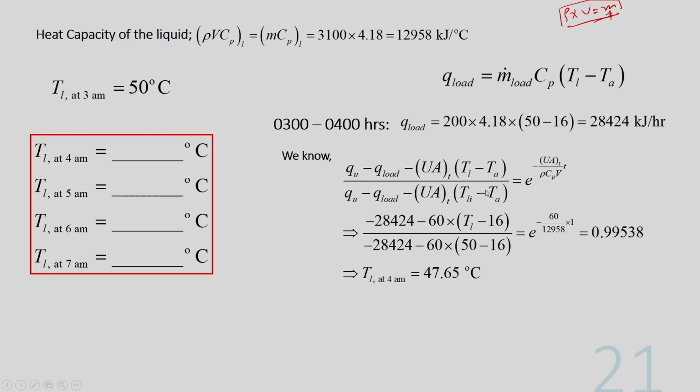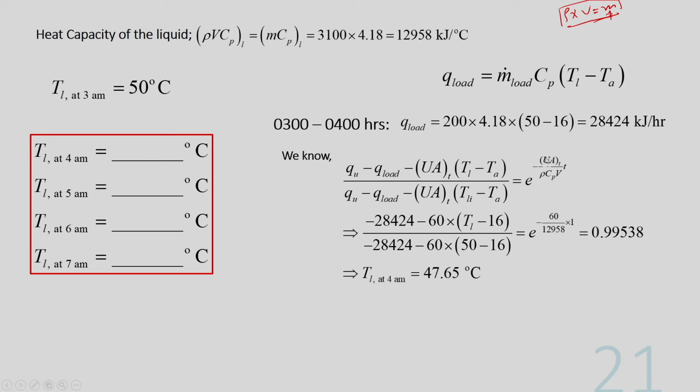We know the solution of this problem is something like this and we can substitute the values. At this time Q is 0, so because of that Q is not considered here, and Q load we have calculated, we have substituted here, and UAT is given to us. This is 60 and TL minus TA which is 16, and these values are known because TLI is 50 and we can substitute the values here,